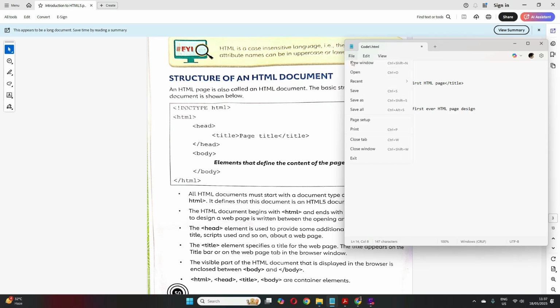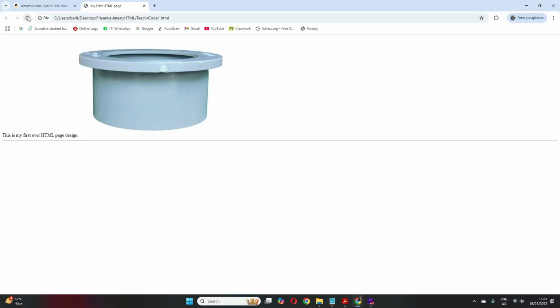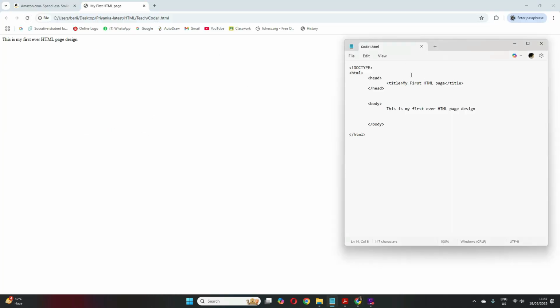Now I will save this, and I'll show you how we run these documents. This is the code that I've written in Notepad, and now I'm running it here. If you see here, we have the head, and inside the head a title. This is your browser title actually. Now see, I've written my first HTML page. In the browser you will see "my first HTML".